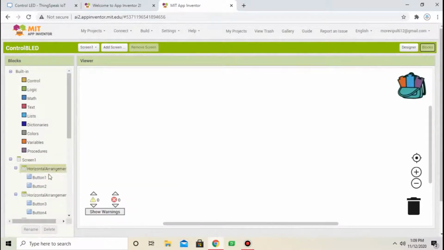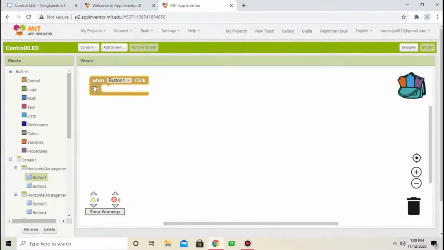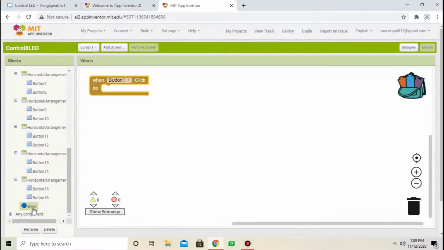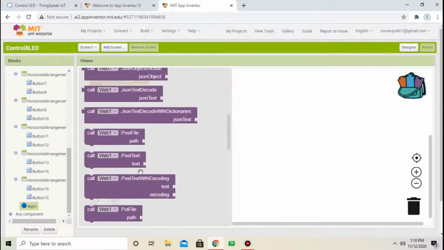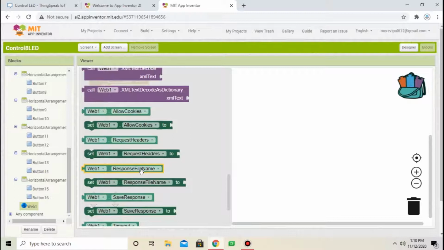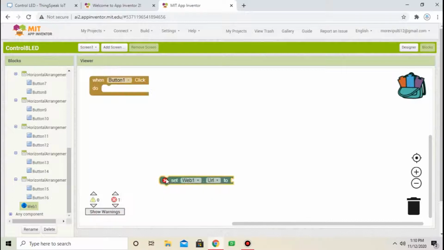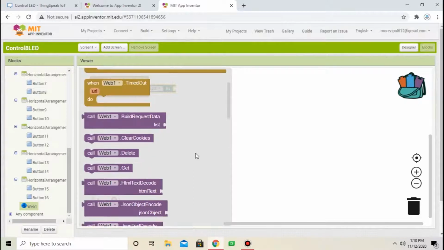From button, select button 1 dot click. Now from web, select set URL to, and attach here. Same from web, select web1.get.